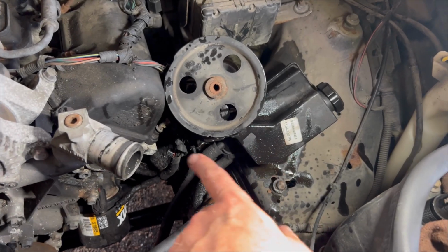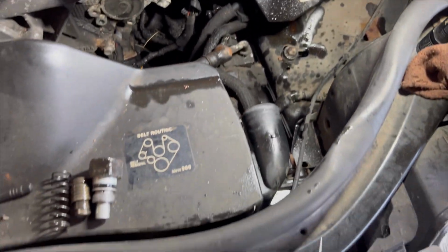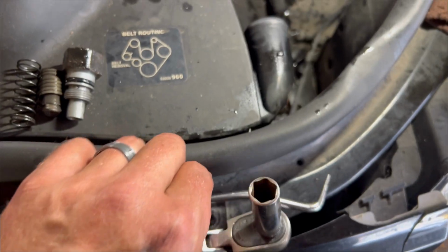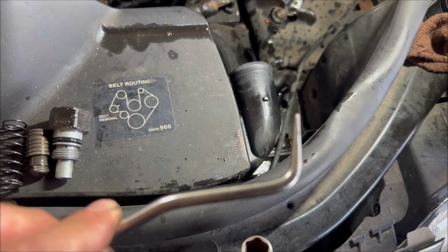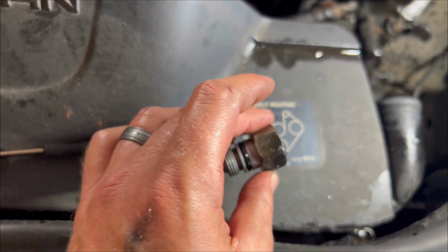We had to remove the power steering pump. So we had to pull two 13mm bolts. You'll need a 13mm socket, deep well. And then you'll need some kind of little hook, because when we got this main piece out here,